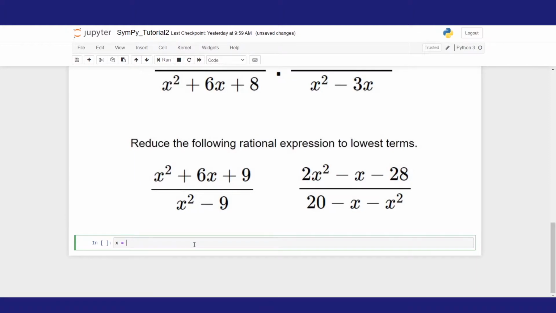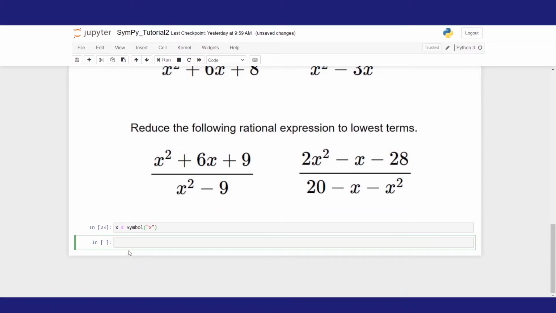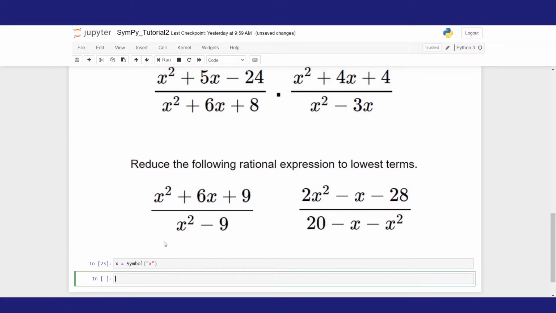Since it is 1, we can use Symbol with a capital letter, and this is equal to just x as a symbol. All right, so if I run that, I will go to the next new cell. Let's begin by calling expr, which is our expression, and this is equal to, if you look at that,